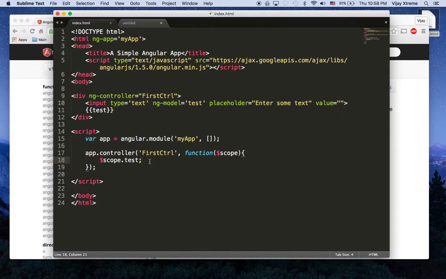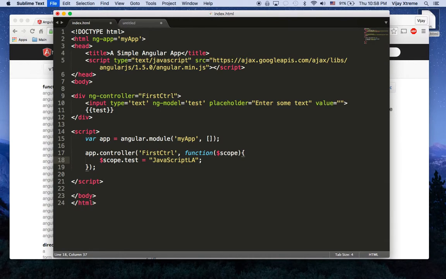So we've got our pattern here. We've got ng controller, which controls any of the models and other divs inside this div here. And then of course, outside here, in my script tag, in my app.controller for first controller, I can also modify the variables here. So let's go ahead and try that out. If I say scope.test is now equal to JavaScript LA,